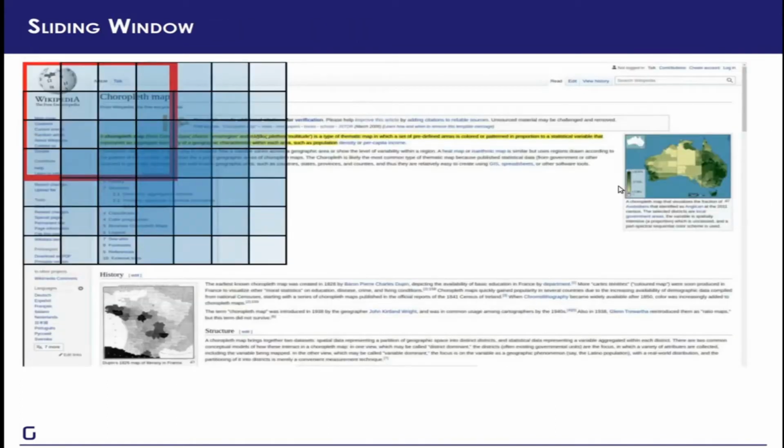So here's what we did. We essentially divide the entire page into squares of size 224 by 224 pixels. We start by making this red square the top left of the page and we move it to the right step by step until it reaches the right edge of the page, and then we move it a step down and then again move it right, just like a typewriter, until each box has covered the whole page. Now we repeat this process until the entire page is divided into overlapping squares.